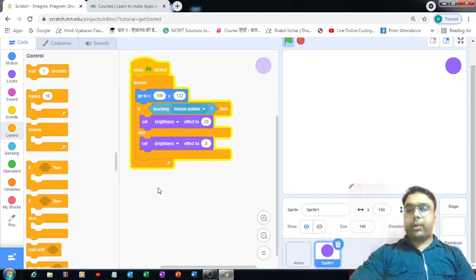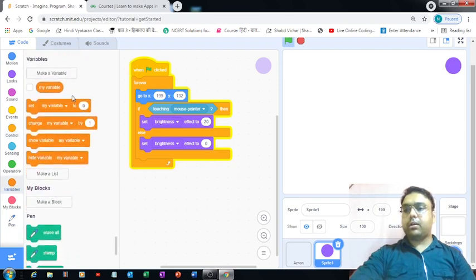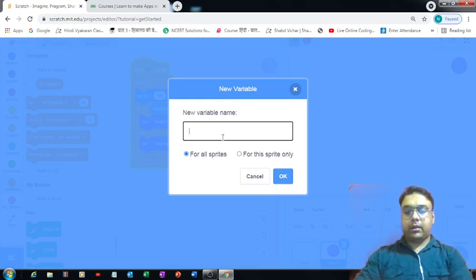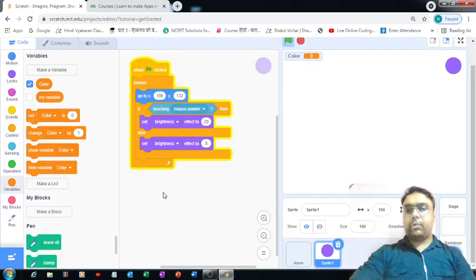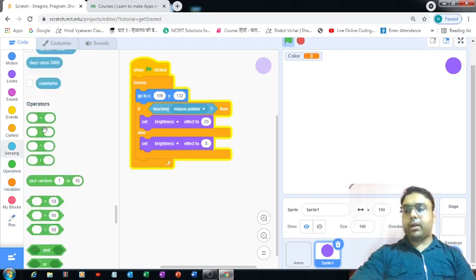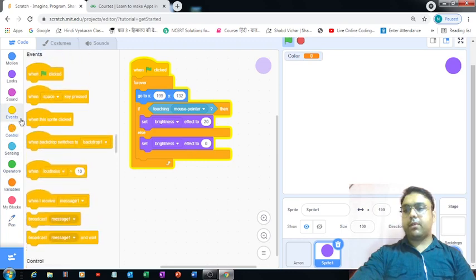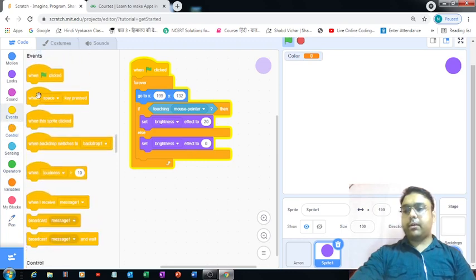Now when the user clicks on this, what should happen? That is another thing we have to think about. What we can do is define a variable over here and let the name of the variable be color. For setting the value of this color, we can come to this event section and use this when this sprite is clicked block, and place it over here.